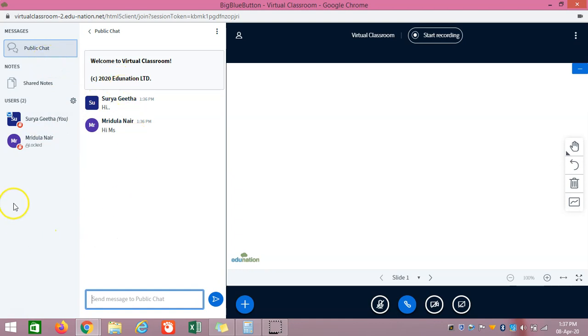And next, we have discussed public chat and share notes. Now we have discussed manage users. The next thing we have to discuss is, we can click on the name. When you click on the name, there are two options: set status and unmute user. Set status, I already discussed. If you want to mute or unmute, you can choose from here. Unmute means it will unmute, and if you mute it again, you can go here and mute.